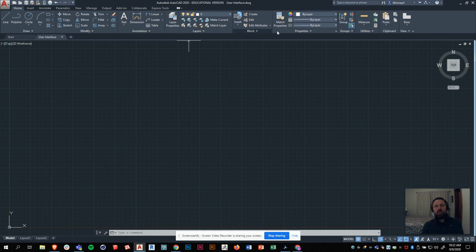annotation, and so on. So a lot of times I'll say, go to the Home tab, go to the Draw panel, and click on the Line tool. Or let's just type in the Line tool, whatever the case may be. Okay, so this is basically where